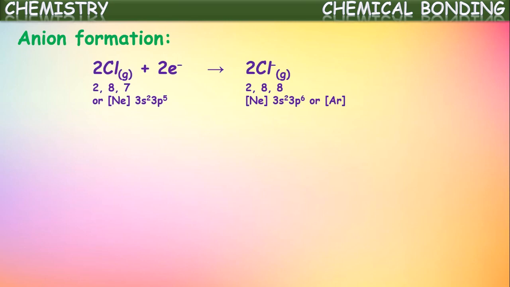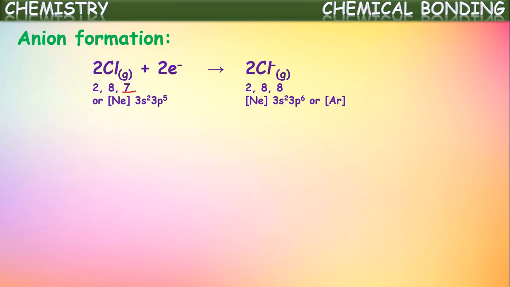Now let us see the formation of the anion, which is formed by the chlorine non-metal. We know chlorine has atomic number 17 and its configuration is 2, 8, 7. In the outermost shell chlorine has 7 valence electrons. So it is also not a stable element and is a more active element. As it has 7 electrons, it is ready to gain 1 electron and become a Cl- ion with configuration 2, 8, 8, which is the nearest noble gas argon's configuration.